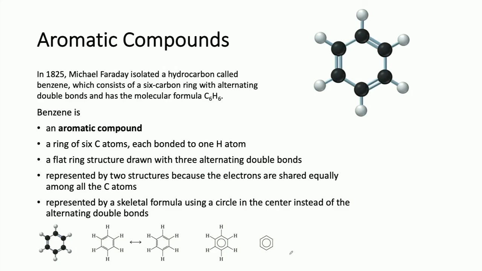Continuing on, we can talk about some aromatic compounds now. Michael Faraday in 1825 isolated a hydrocarbon called benzene, right? Benzene's special because benzene is an aromatic compound. And what does that mean? It means that benzene has, and you can see it better in these drawings down here, double bonds arranged in a circular manner in which these double bonds can move around the circle, so that they used to be in one position, but then they're in the next position afterwards, right?